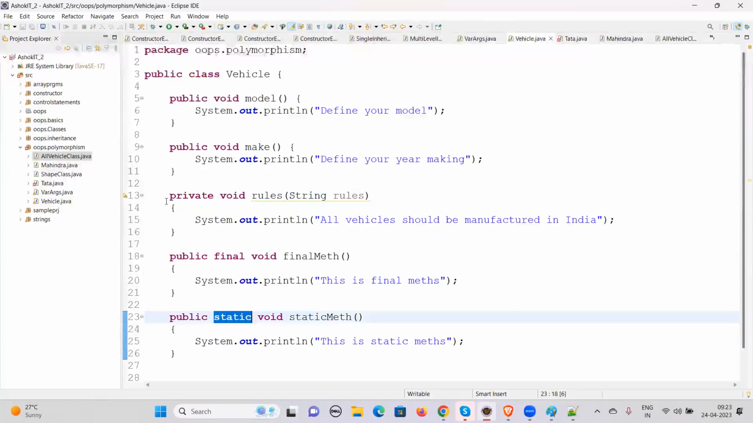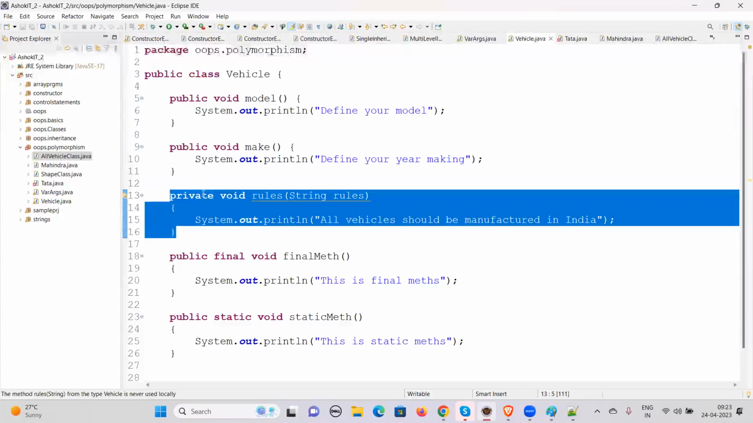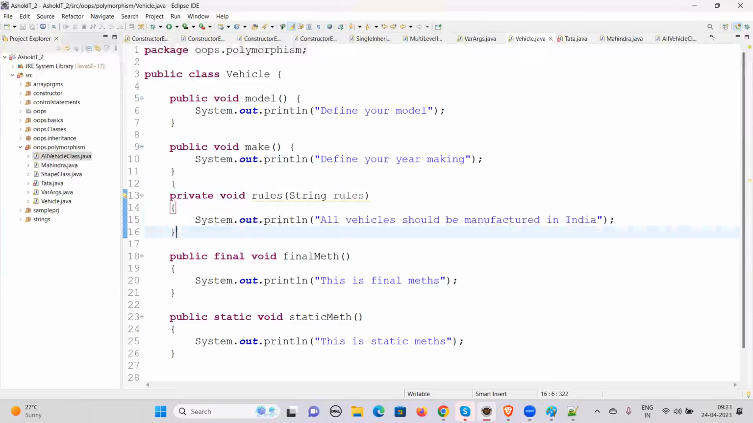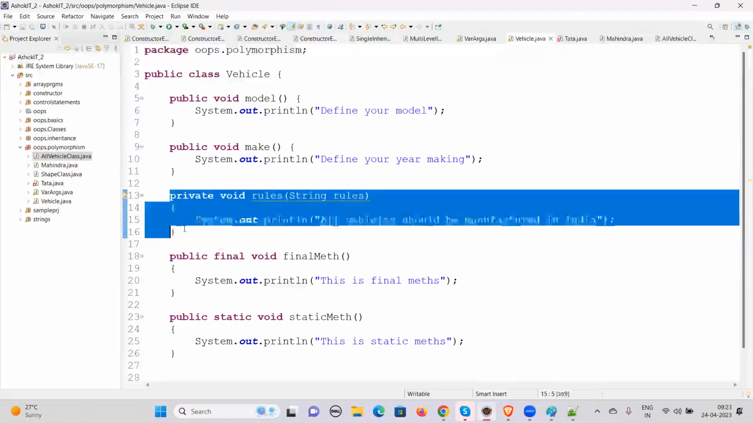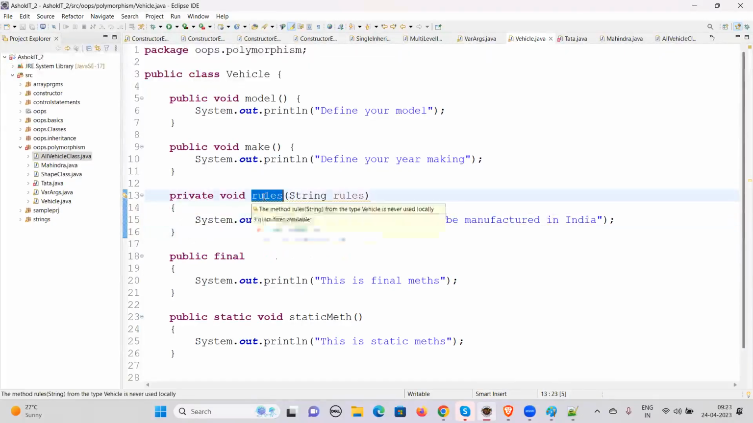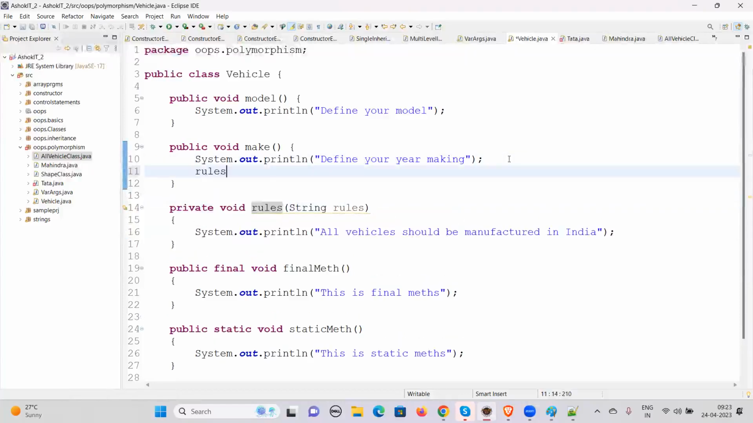Private is limited to only this class. Only this class. If you define any method as private, we cannot access that method outside of this particular class. If you want to access it, you have to call this particular method in any of these methods. So you can pass